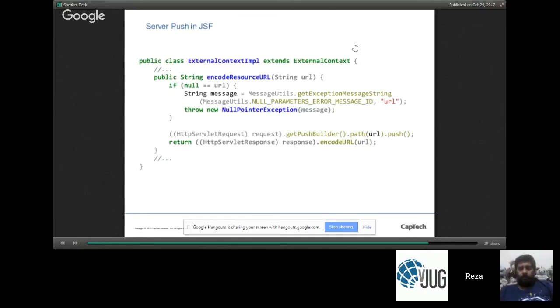It's not just JSF, right? So you can certainly modify something like Spring MVC to take advantage of these same things. So have some sense of what the dependent resources are for a given page, and automatically do a server push without the developer doing much else other than simply telling me that these are the dependent resources that need to be loaded.